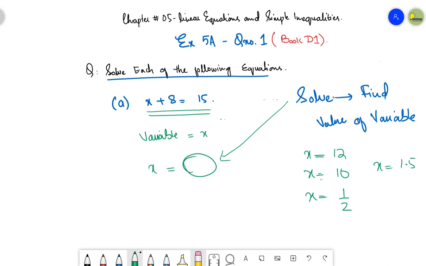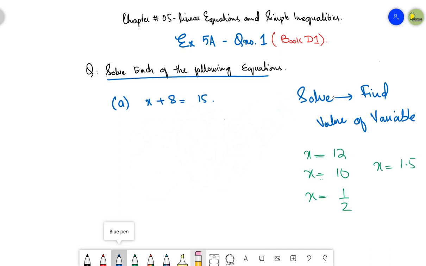So in the given equation, I have x plus 8 equals to 15. You have to find out the value of x by solving this equation. Let me just remove this working. So let's suppose right now I am having x plus 8 equals to 15. It means that I'm having 8 that is adding with x. I'm having two terms on my left hand side. I call it the left hand side of the equation.